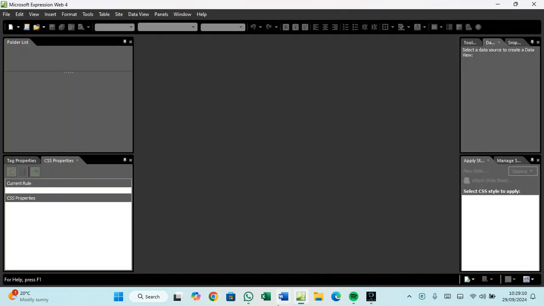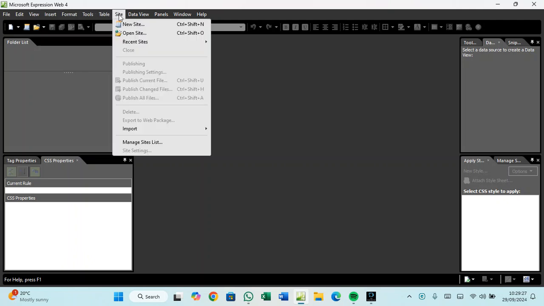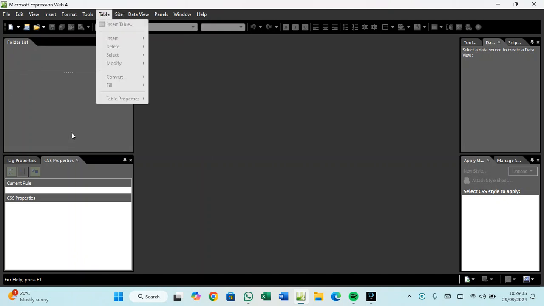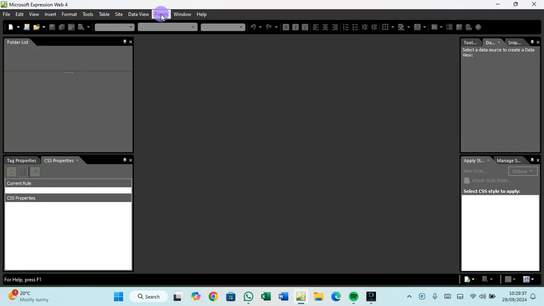So once you have it, we are going to be able to navigate through this interface. I'll be using a different method from other teachers, how they approach it. So this place called site, I'll be using this place called site so much. So if you don't have the panels like the one I have here, you'll go to a place called panel,